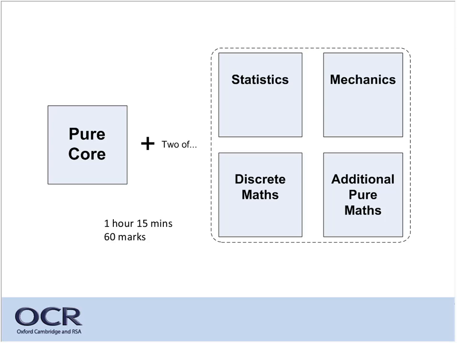In mechanics, the general thing was don't mess with it. There's an agreed set of content which is appropriate for this level, and everybody seemed pretty happy with it. So it's a matter of picking out which bits to put where and to make it coherent, but nothing really to play around with. Discrete mathematics, with decision maths gone from the fixed content of A-level maths, there's an opportunity really to rethink